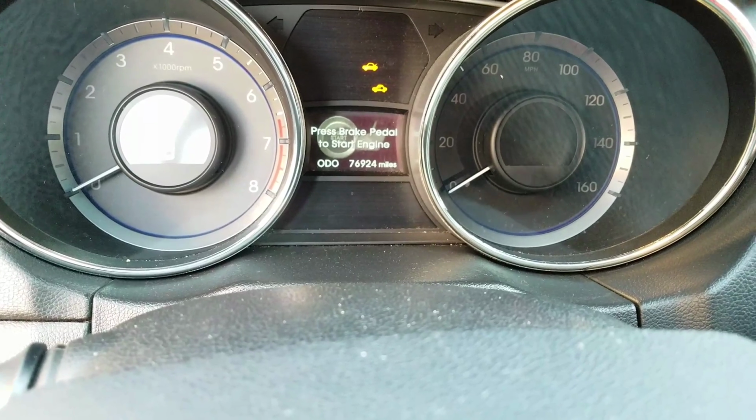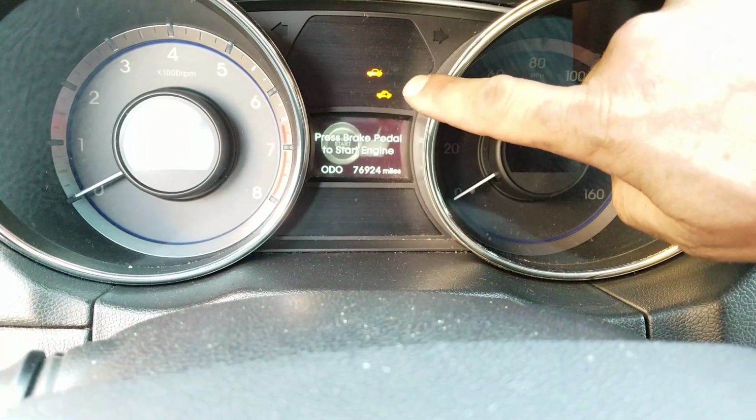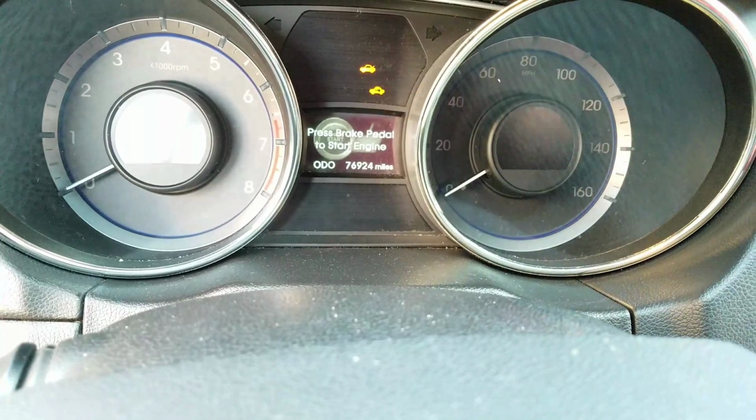That little indicator that's right up over here is supposed to be amber when the key...